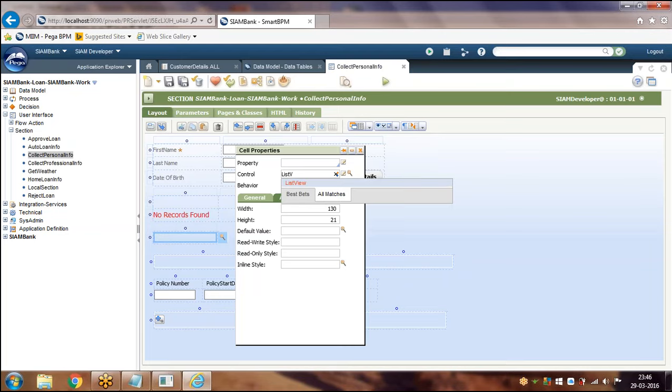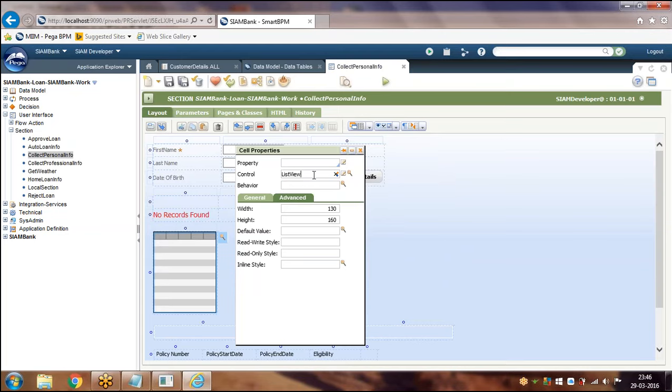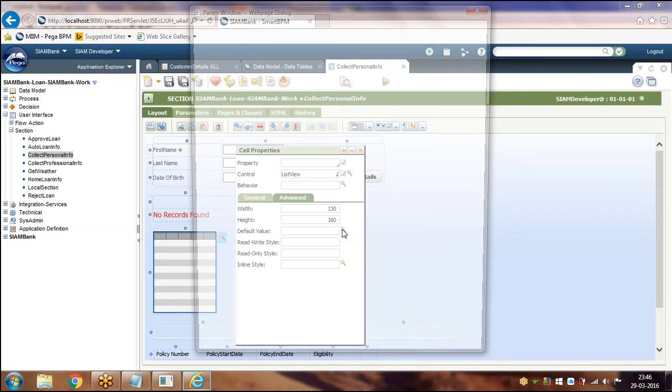The list view is a control. Just select it. You can call a list view rule in the UI.